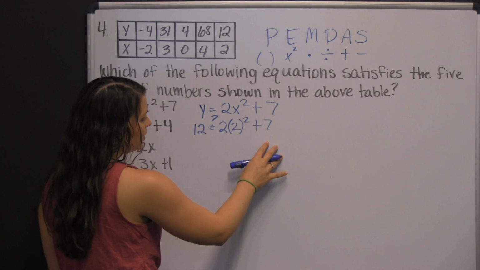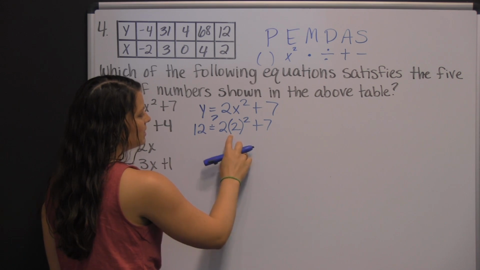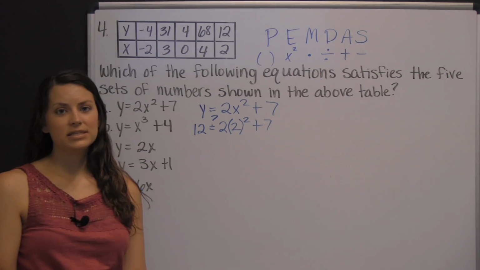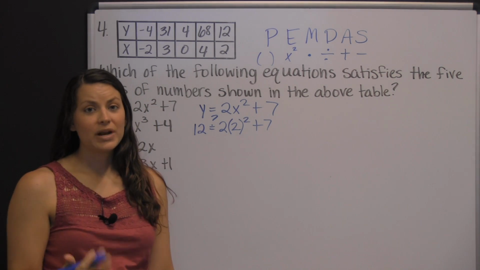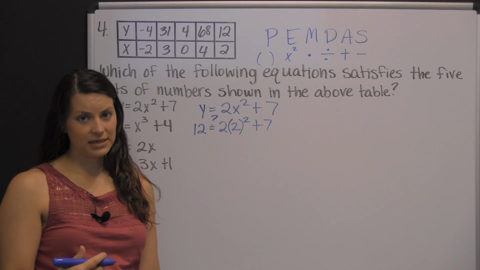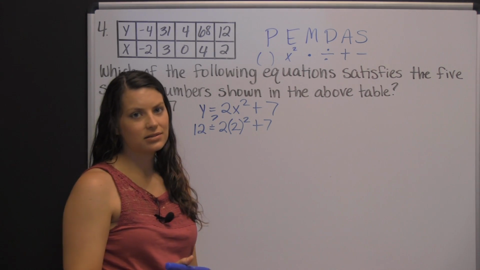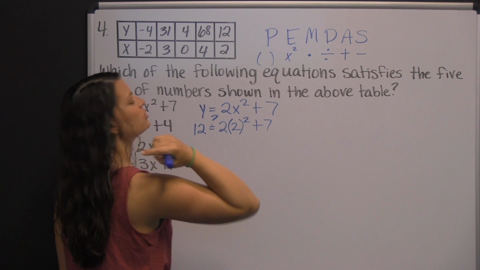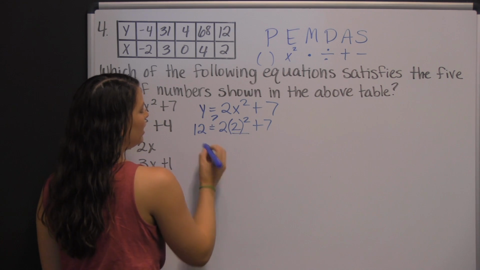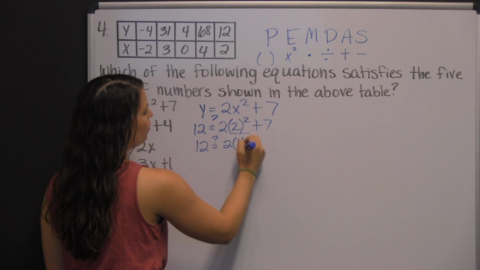On this equation, we're going to start then with our exponents, because even though you see parentheses there, that's not actually what that P means. What it actually means is grouping symbols. And we have nothing grouped inside the parentheses. So in this case, the parentheses are actually just a multiplication sign. So we start right here at 2 squared, and we have, does 12 equal 2 times 4